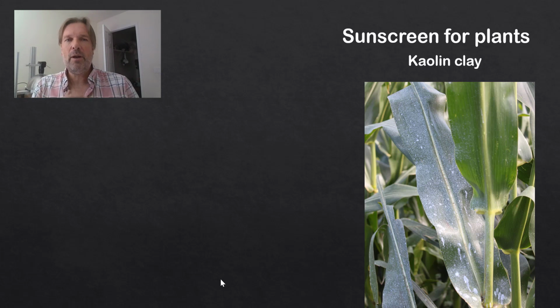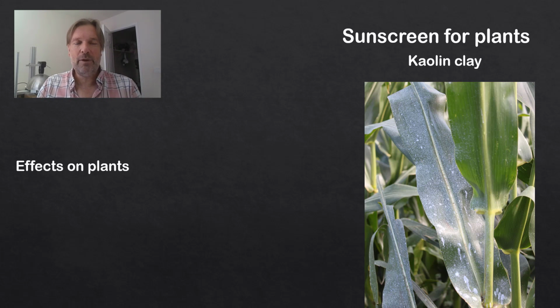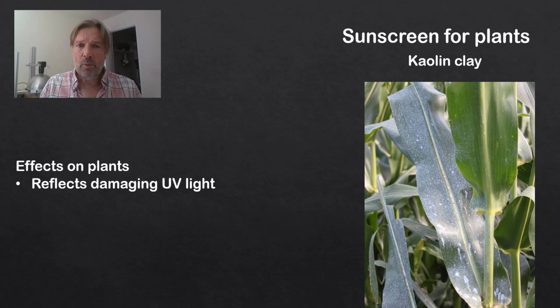But of course you don't want to completely cover your plants, because then they can't perform photosynthesis, and then they also look maybe not as aesthetic as the client wants. But during the hottest part of the summer, maybe especially in places like here in California, it may be worthwhile, because what this spray treatment does, well, it's very, very white, and of course it reflects a lot of the UV light that the plant is also